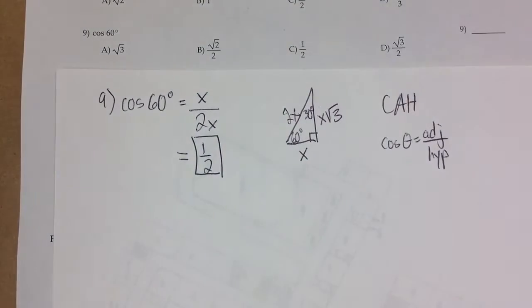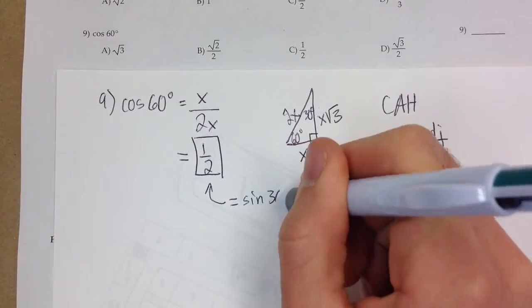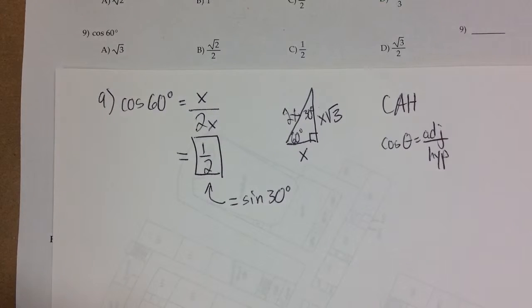Good. Follow-up question, Gabe. The cosine of 60 degrees is the same thing as the sine of? 30. Very good. Because sine is cosine's co-function, and 30 degrees is complementary with 60 degrees, or 30 degrees is 60 degrees'